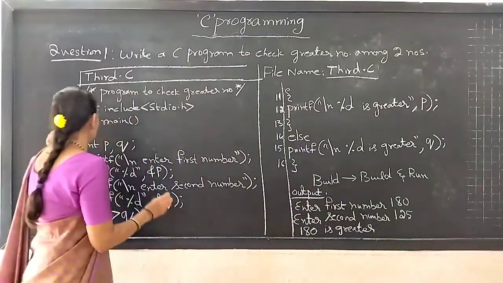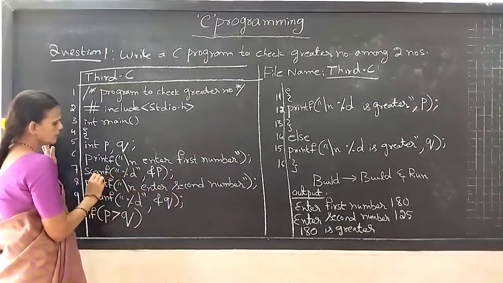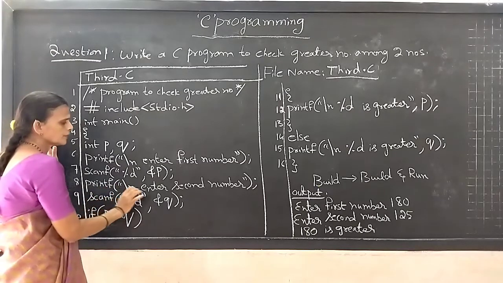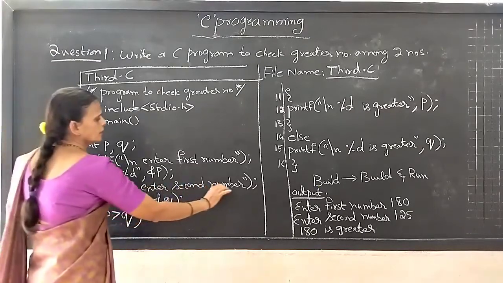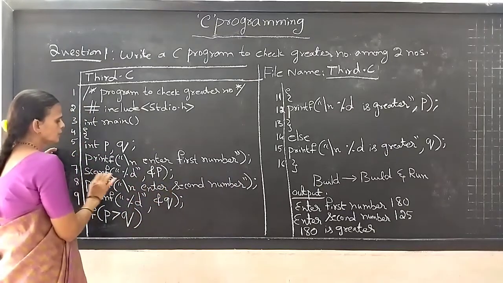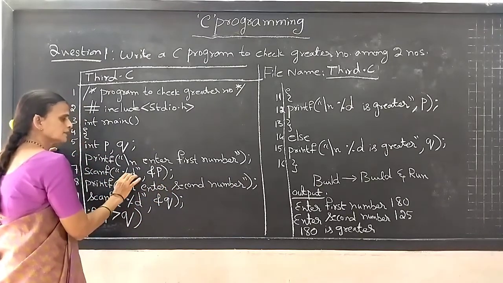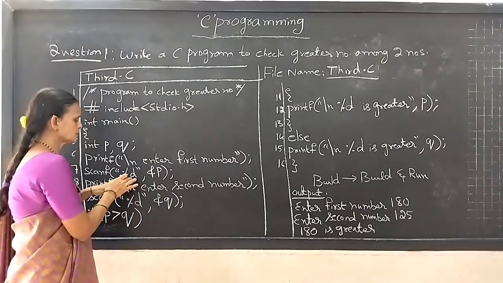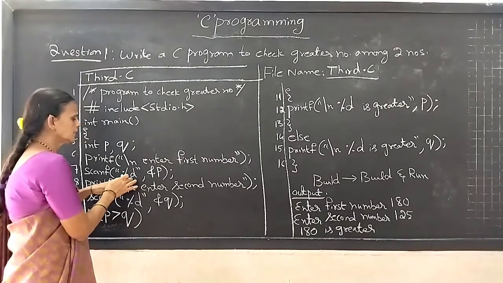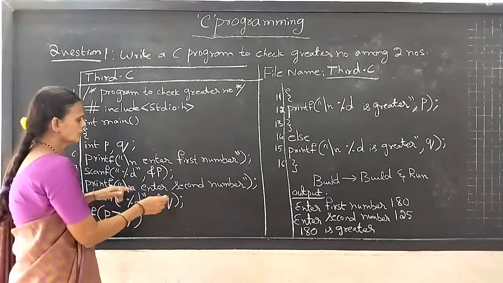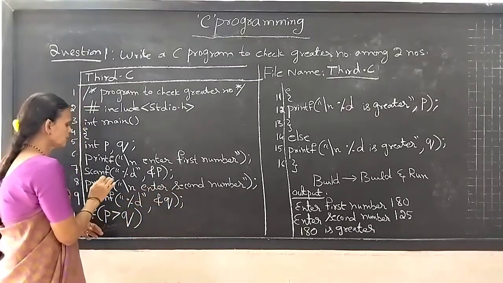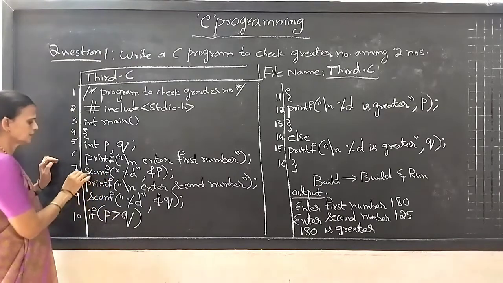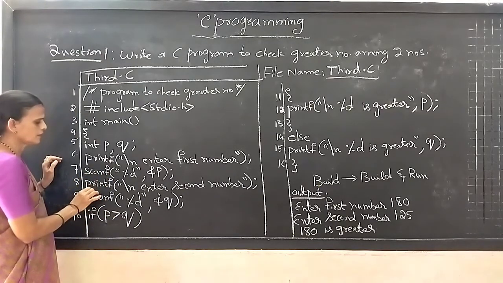And once again, what is the purpose of writing scanf and printf? You know, printf is used to get the answer, the output, in the program. Then scanf is used to give the input. In our case, %d is the format specifier for the integer data type. We want to enter numbers, no? So we have written scanf here. Understood? See the difference and purpose of writing scanf and printf.